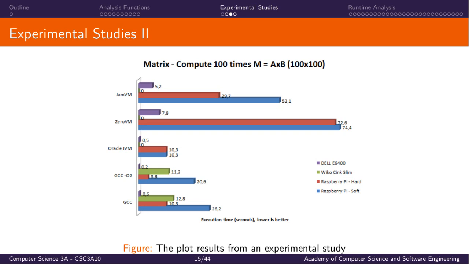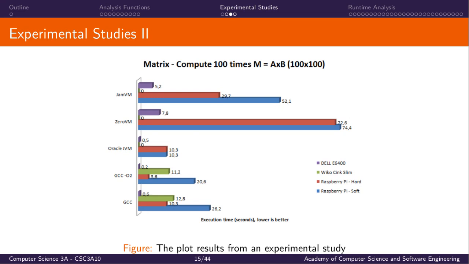We see that the runtime differs based on the software platform it's running on. The low-level ones will run a lot quicker than something like the Java VM. And for our faster machines like the Dell, it'll run a lot quicker than something like a Raspberry Pi, which is usually used for embedded systems. And so, great, it does tell us something about how long this method would take to execute, but we understand